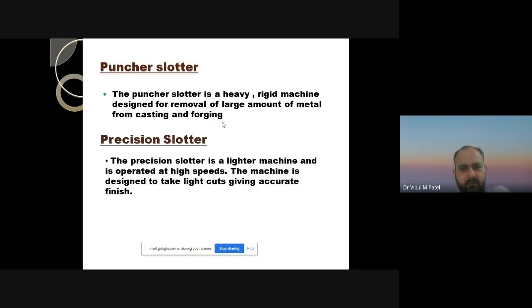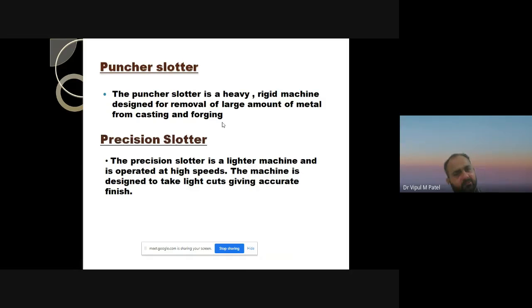So the precision slotter is specially designed as a lighter machine which gives a very high degree of accuracy in these operations. With it, we can make light cuts which give accurate finishing.